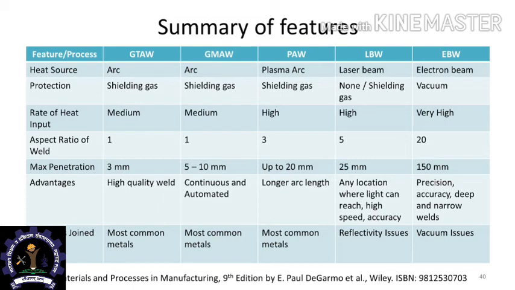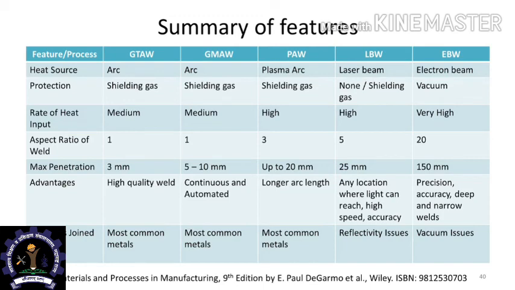It can be done wherever light can reach. In other words, the physical proximity of the welding source to the base material or the plate is not a constraint. So, as long as the laser light can be focused, even interior parts that are inside a vacuum chamber, for example, can be welded as long as light can go through the windows and be focused at a location where the melting is supposed to take place. The only disadvantage of the welding technique using laser is the reflectivity issues. There are metals which are highly reflective, which means that the amount of heat that will be absorbed for the welding process is limited, and these can be overcome using surface coatings.